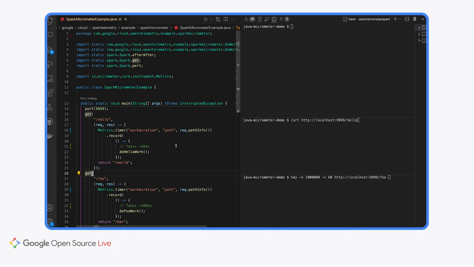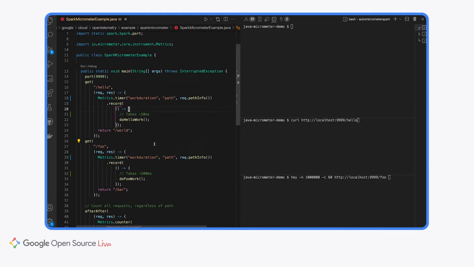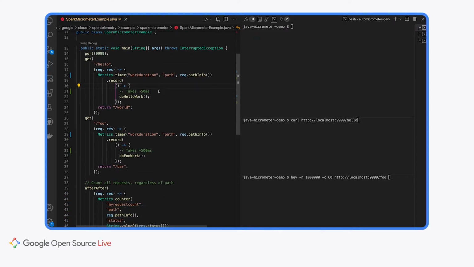Great. So let's see a demo of Java auto instrumentation, and we're going to see how it interoperates with the Micrometer metrics API. The purpose of this demo is I have a Java Spark application, like a web service, and I want to show how we can go from having no OpenTelemetry instrumentation and maybe an existing instrumentation from another API to integrating with the OpenTelemetry ecosystem and collecting telemetry, sending it to either Prometheus or wherever we like, Google Cloud Monitoring. So let's jump right in. You'll see I have a really simple web app written with Java Spark here.